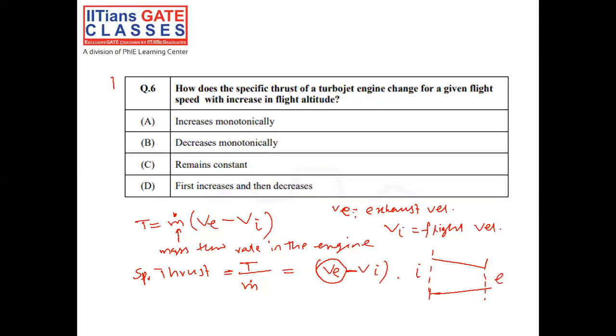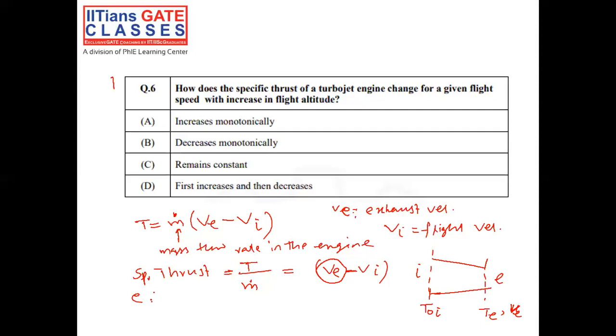See, this is the inlet. This is the total temperature at the inlet, and this is the exit temperature, and the exhaust velocity is Ve. So if we do an energy balance, it will give us that